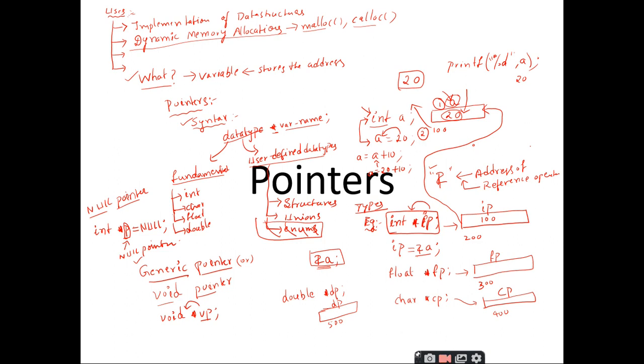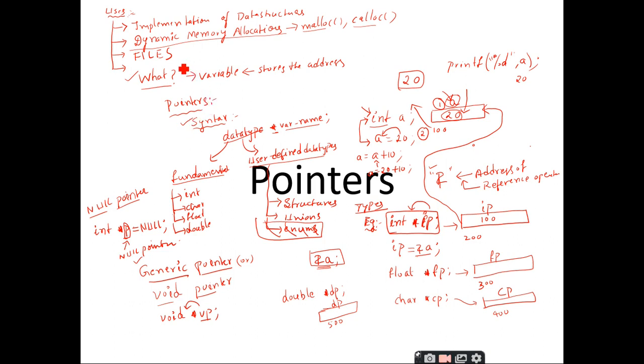Do you understand the concept now? Yes, sir. So in dynamic memory allocation, we will make use of the concept called pointers. Another part where we will make use of the concept of pointers is files. Do you have any idea on these files? The files, we use a file pointer for opening it and also performing operations.